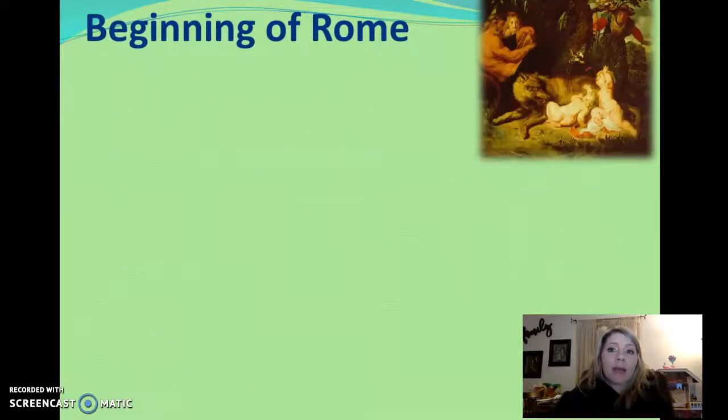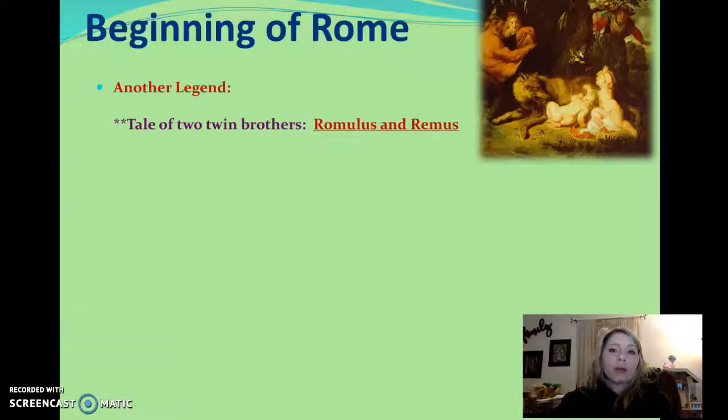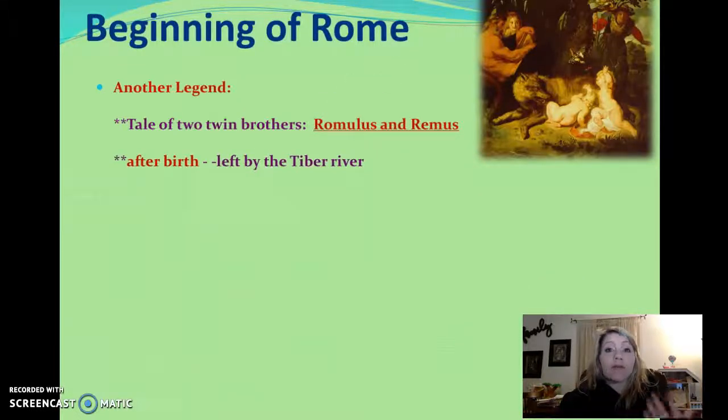Okay, the other story we actually read about in our activity. This story is going to talk about two brothers named Romulus and Remus. So we all read this story, so this one should be a little bit of review. In this legend, two twin brothers, Romulus and Remus, were the sons of Rhea and Mars, and Mars was very upset and told them to throw the boys into the river to die. But the boys ended up in the river, and they floated to safety where they were rescued by a female wolf. And this female wolf decided to take care of them.